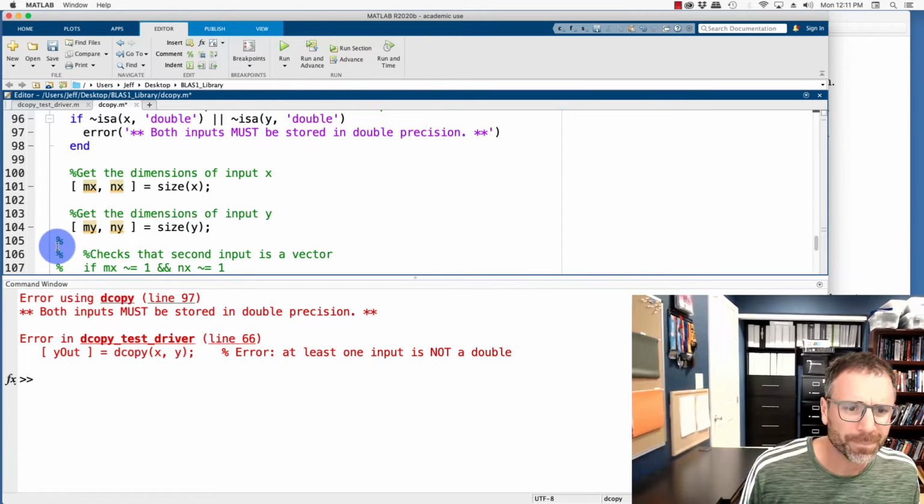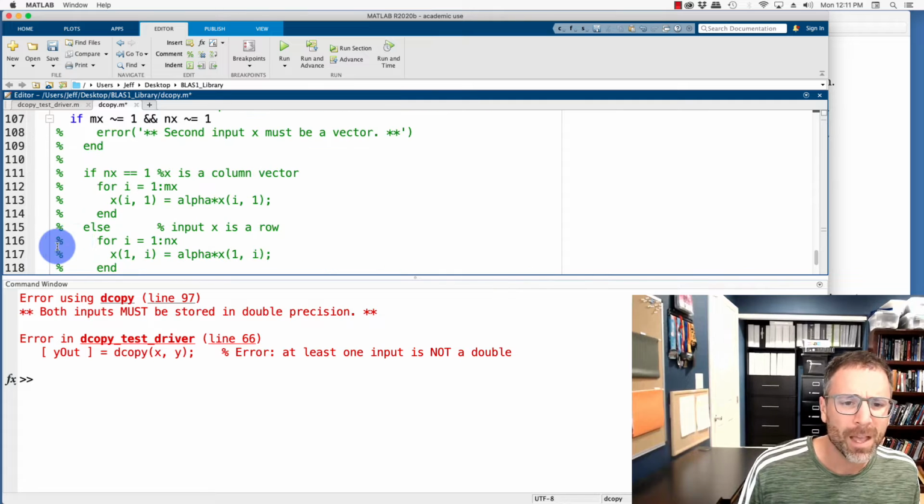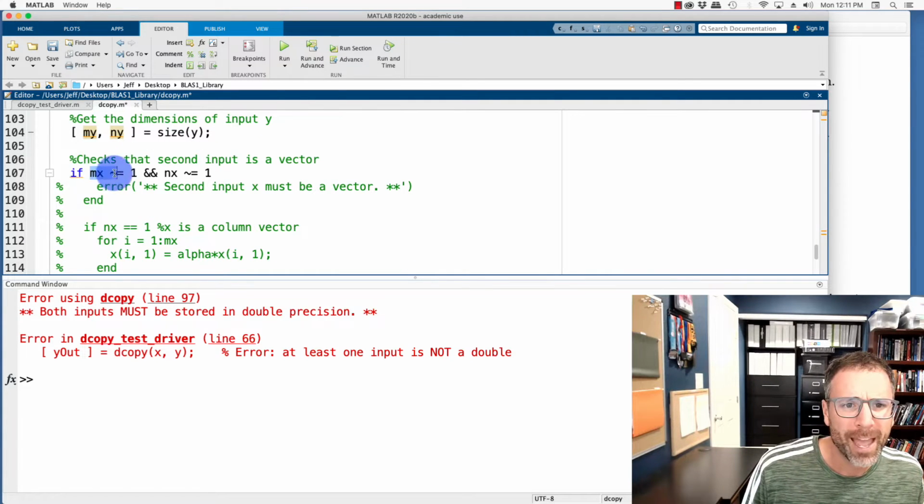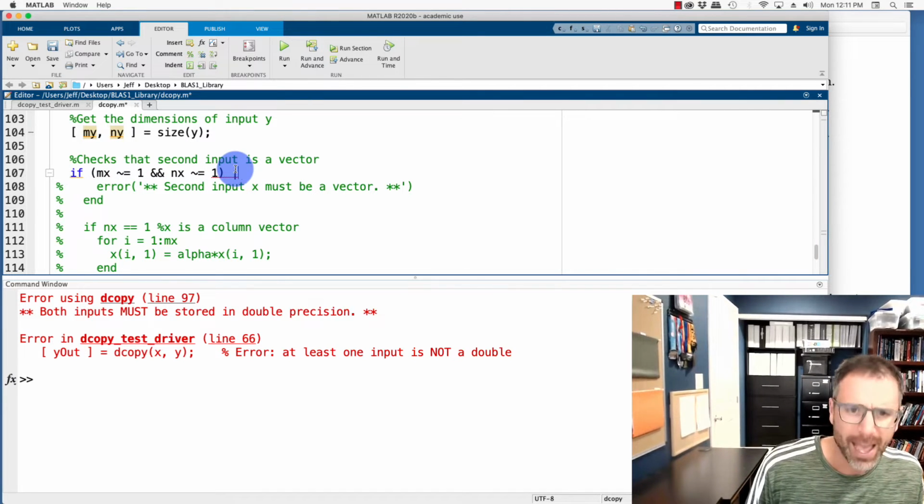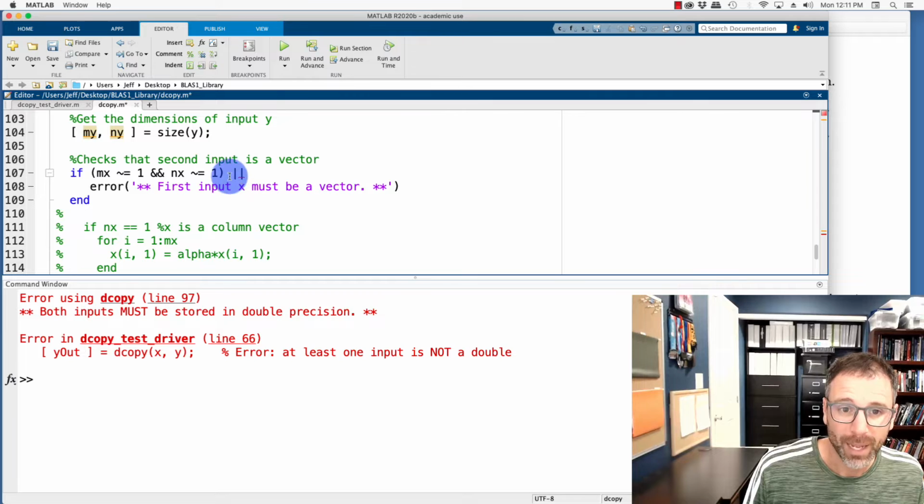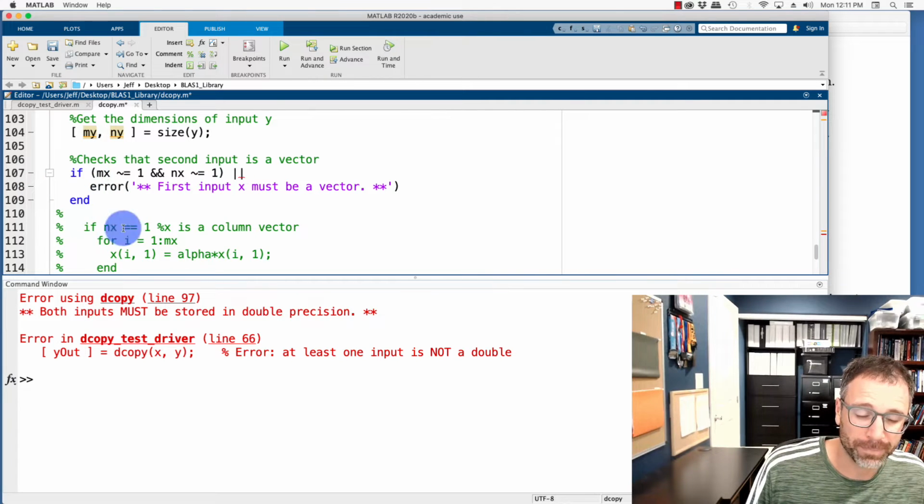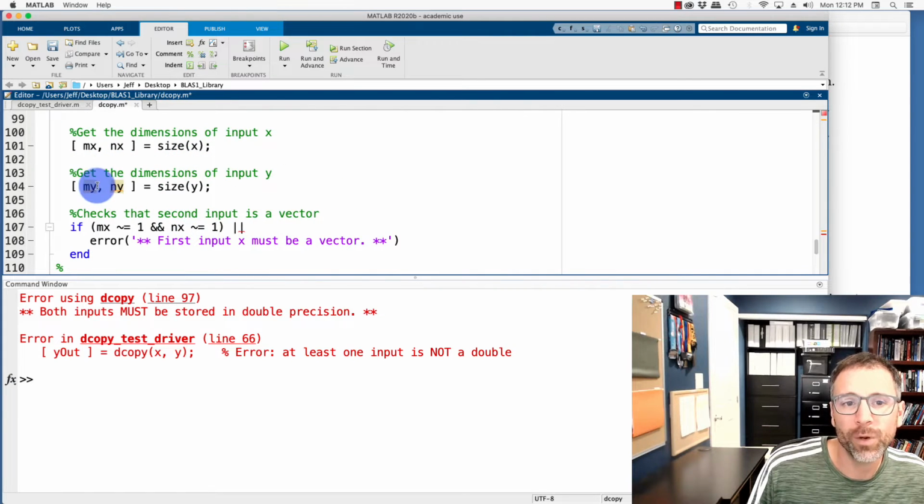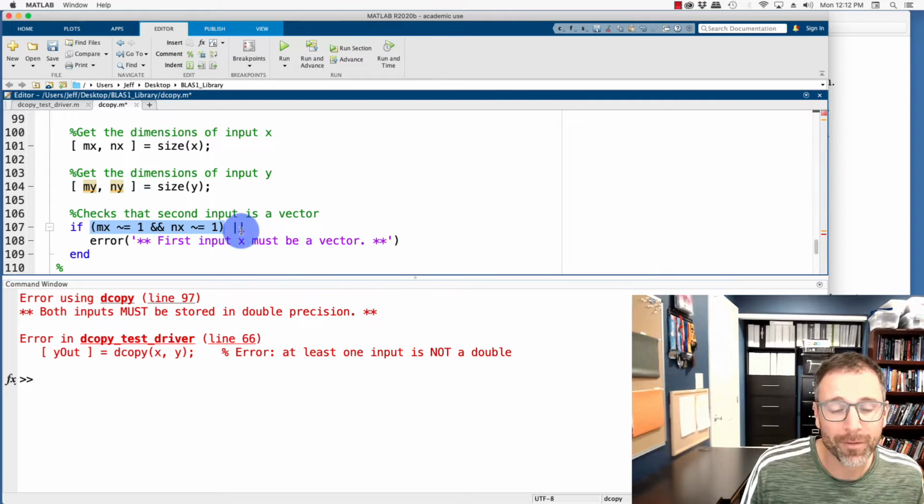Okay. Now, we know that if mx is not equal to 1 and nx is not equal to 1, that means that x is not a vector. And one thing that we could do is just do two different if statements, right? We could do this if statement, the first input is not a vector. And then we could do a second error check where my not equal to 1 and ny not equal to 1. But really, we just want to make sure that both are vectors. So if x is not a vector or y is not a vector, in other words, if